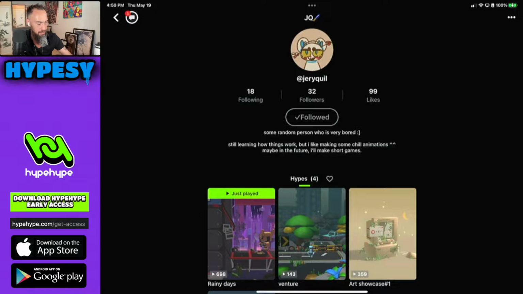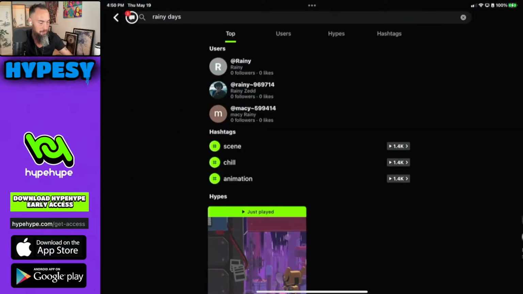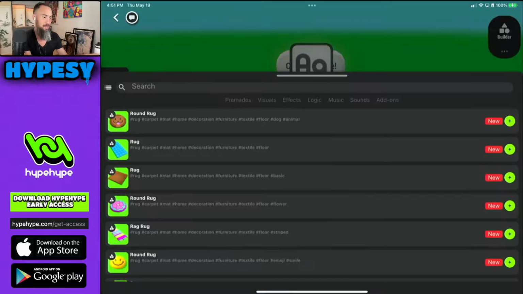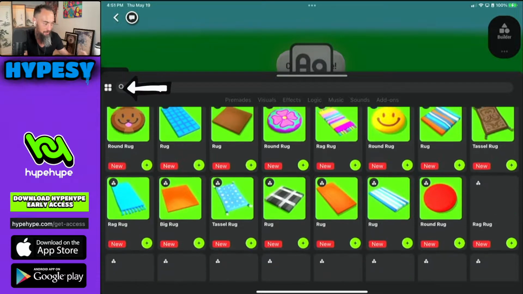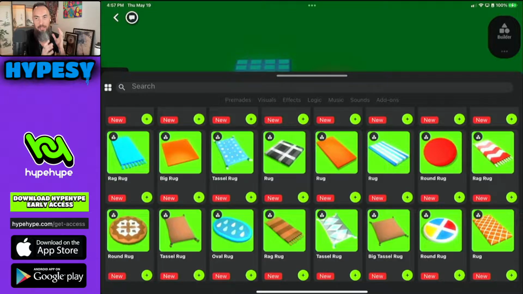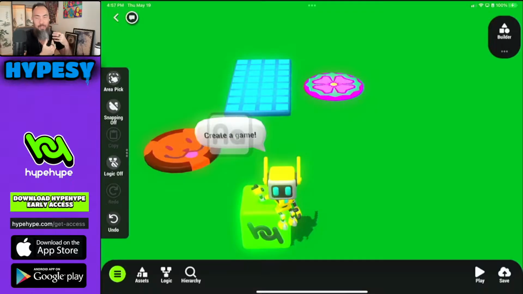Now let's go take a look at some of the new assets. So let's go to create from scratch. The menu's changed a little bit. Right now we are in the list menu, which is cool, but I prefer the icon menu, and I think this is really where the cool stuff is. Looks like we got a bunch of rugs. You can use these rugs as paintings as well. They don't have to be exactly what they say in the description. When creating the game or environment, you decide how this can work best.